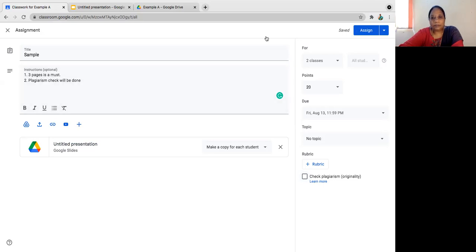Now, once you're done with all this, you go to this blue tab. You have again 4 options. First, you can assign the assignment. Second, you can schedule it. See here, the schedule button is not available because I've given the due date, so it is not allowing me to schedule; it's telling me to send it to the students immediately. I can either save this draft and use it some other time, or I can discard the whole thing. When I give assign, it is automatically assigned to all the students available in these 2 classes, in both the classes. So this is the assignment work that you can give to your students.